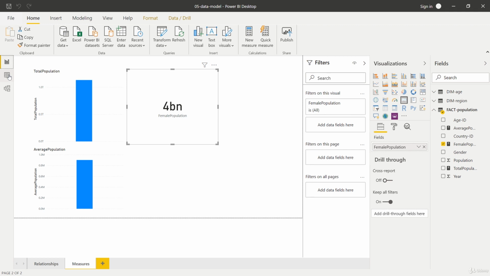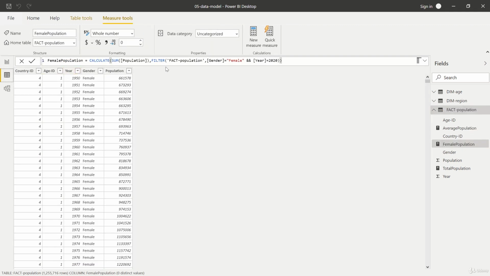So these were the first steps with calculate and filter here. However, if you remember back the slide, I also told you that you can omit the filter function here. So this function is not required. You can simply add the filtering condition like this one, and like that. So only the actual column and the condition we want to filter for without this function here. I also want to show you this, but I will create a new measure for this purpose.